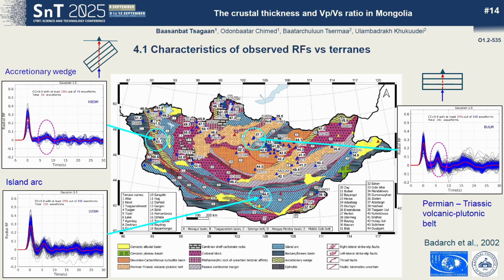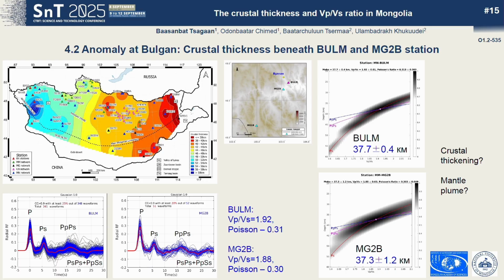In contrast, we say that beneath the BULM station and DZBM station, we see a sharp Moho. This suggests a more homogeneous crustal structure beneath those stations. The second discussion point is